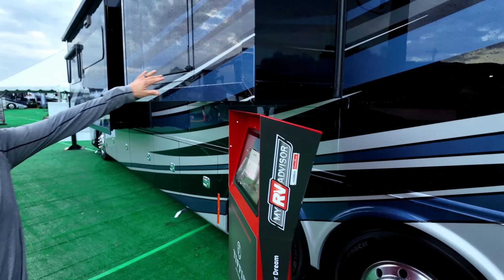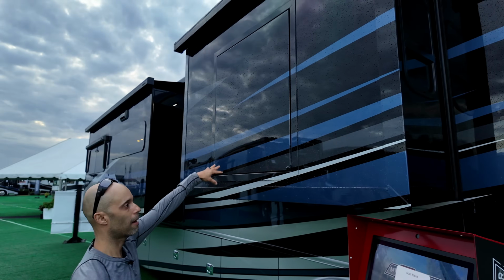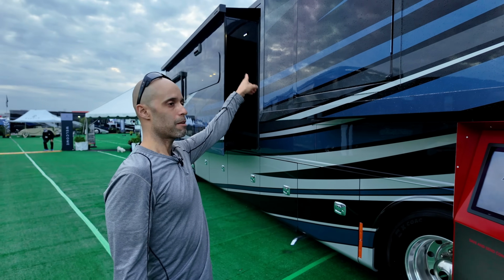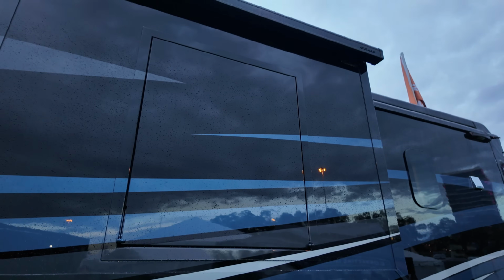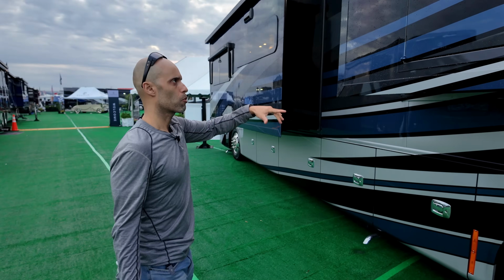Here's slide number 3, slide number 4. Now you might be asking, what is this? What is this cutout in the slide? Well, when you go inside, this is actually the bedroom slide. Behind the headboard, they give you an egress door. And Tiffin has started doing that. On the bus, they give you a full door. This is kind of like a half door, but it's definitely...